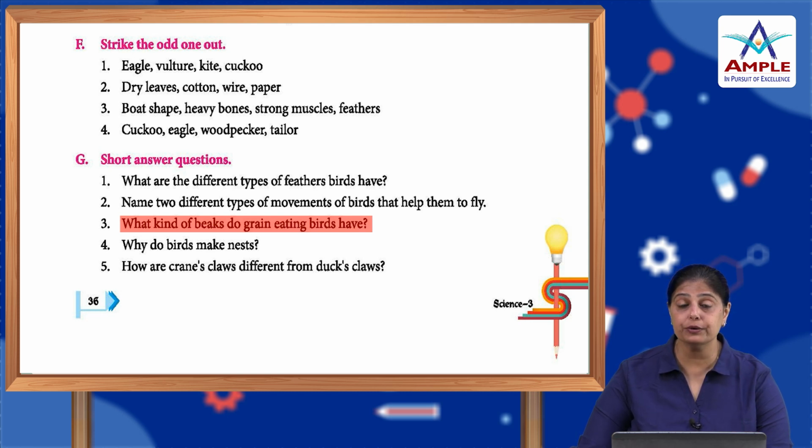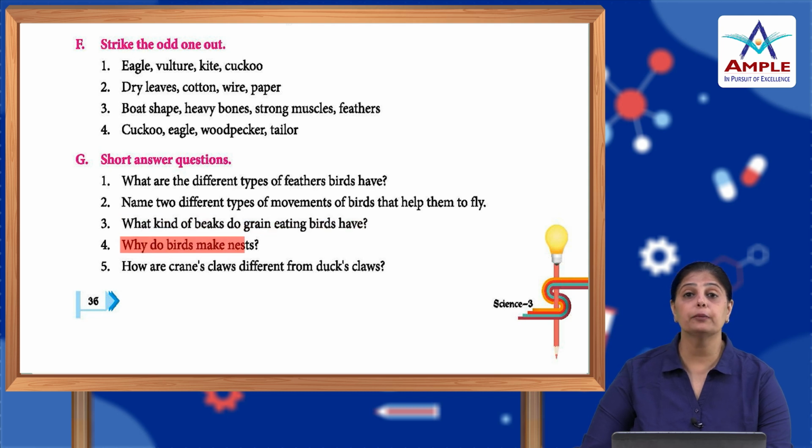So, what are the characteristics that these ones have? Okay. So, these birds, they have the beak which help them to dig the grains and seeds from the soil. So, they have short, hard and horny beak. Alright. Now, so the next question. Why do birds make nests? The birds make nests to lay eggs and to protect their young ones from different weather conditions and